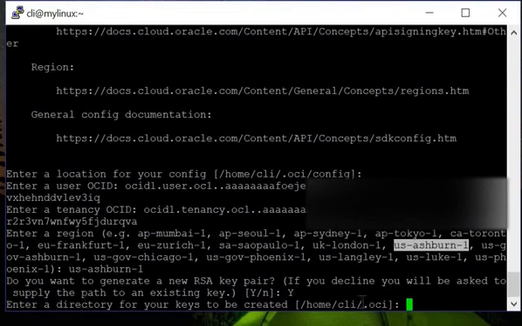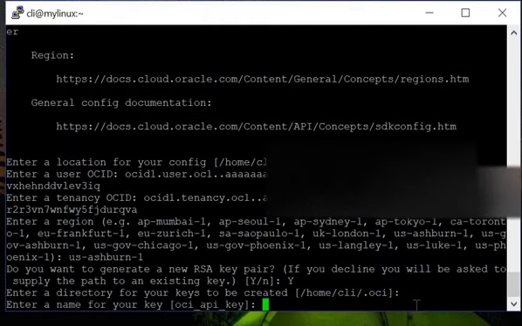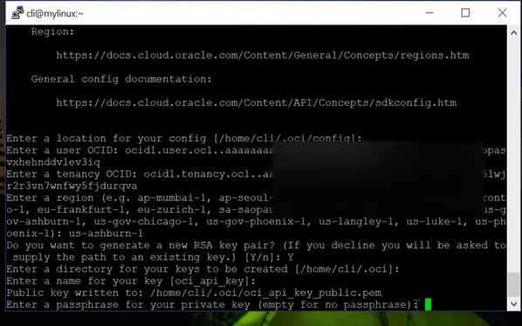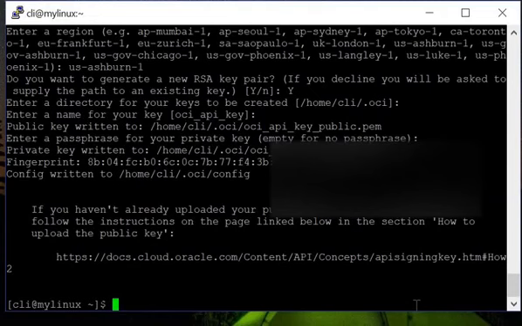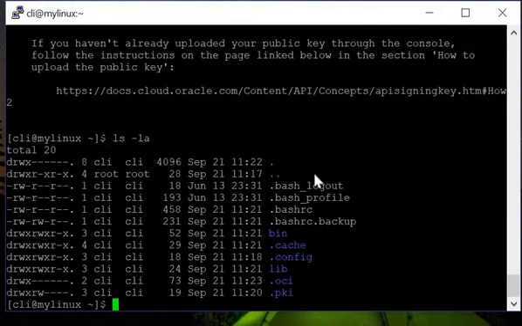Now this is going to create a directory .oci. This is a very important directory where you put your config file. Earlier this directory was not under my home. Now it is going to create it, and I will use this directory to add the config file. Enter the name of your key, press enter. I don't want to use a passphrase, so I go with a blank passphrase. Now I'm going to show you the directory it created. You can see .oci. If you go inside .oci,